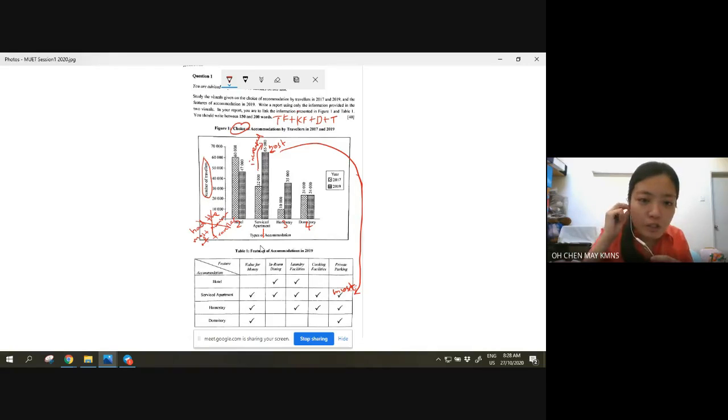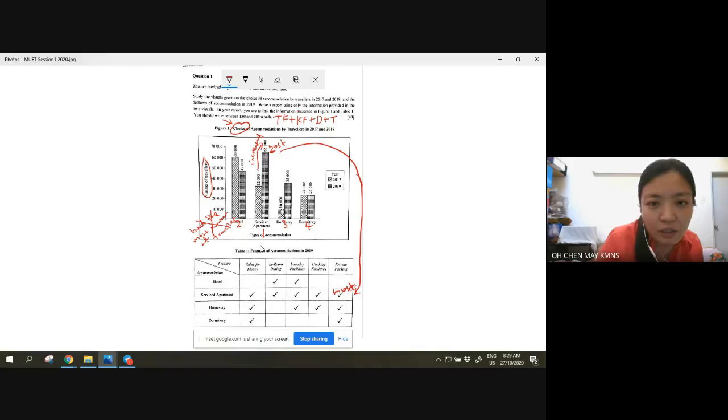Because in this new marking scheme, they mentioned that all these 4 different items are not considered animate objects. You cannot say, for example, hotel. Hotel does not own the number of travelers here, so you cannot say hotel had the most number of travelers. Or, for example, service apartment had the most number. You cannot do that. And the trap is because of this word